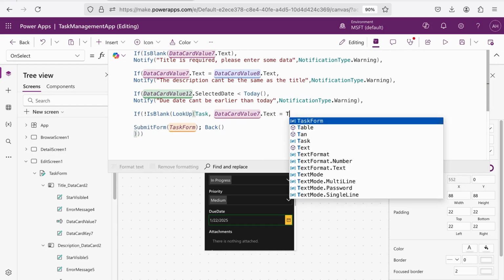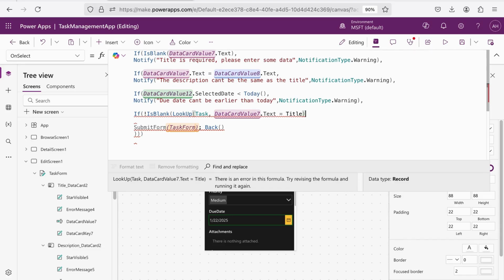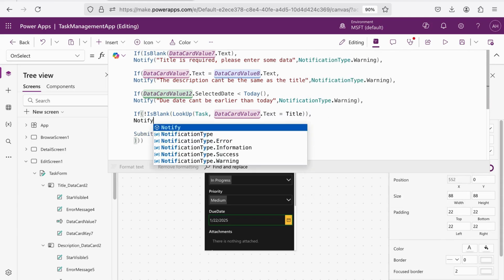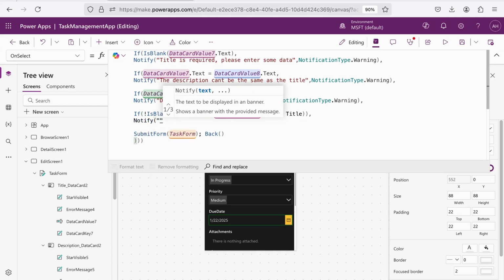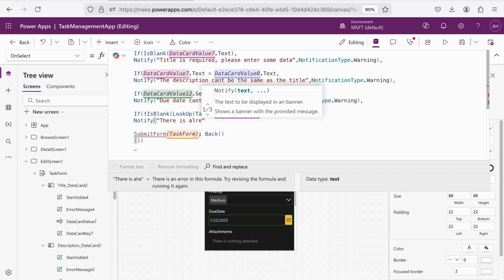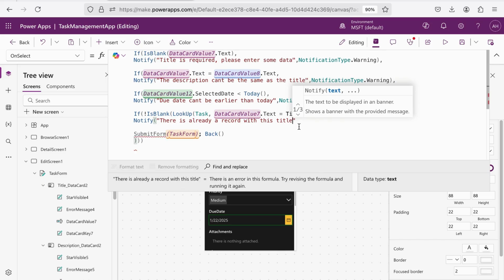Title, let's notify the user that you cannot, actually, there is already a record with this title, right? So if